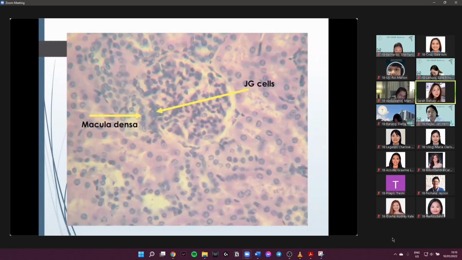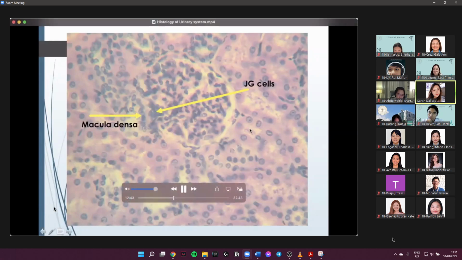By the way, let me ask you, if I point out to you this structure, how do you identify this? PCT. Proximal convoluted. Yes, very good. And so this is now this one. Correct? So you can easily identify this one as against that one. Okay, so let's move on.